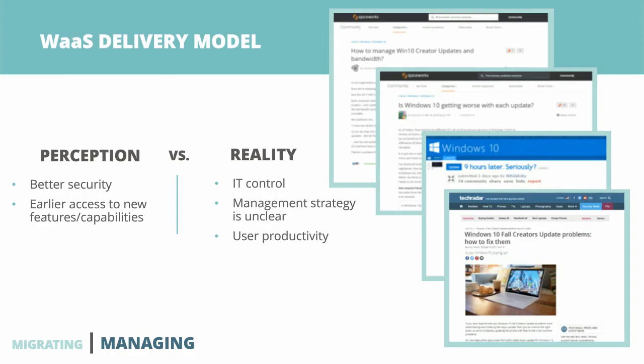With previous versions of Windows, they called it what it was, and that was that. It was Windows 7, or it was XP, or it was 8, or it's 8.1. Now Microsoft is just calling it Windows 10, and the reality is we're on our 6th version of Windows 10. It's not readily apparent to users what's happening and what's being updated, and these are major version product updates that are happening in place on your system.